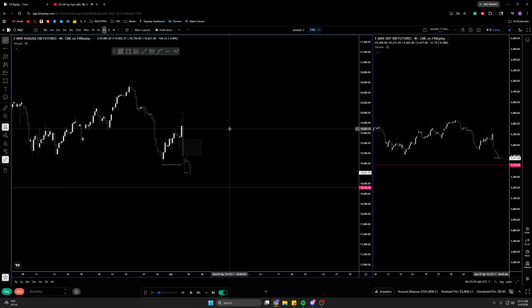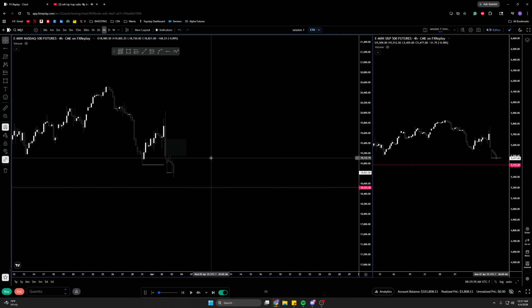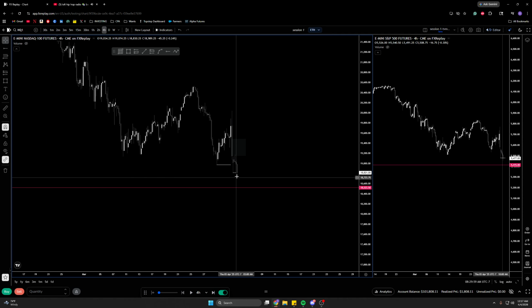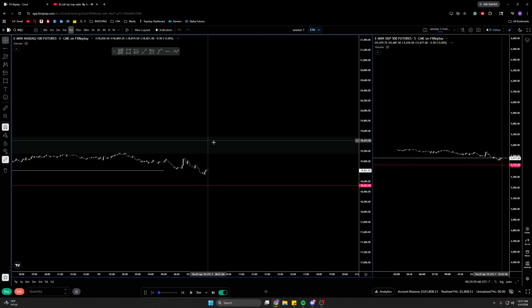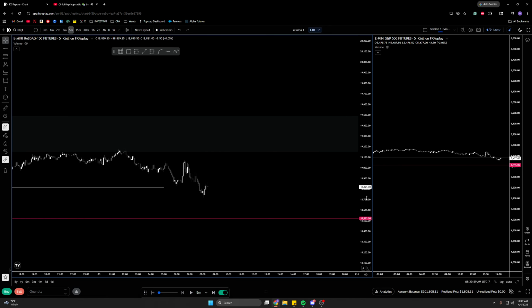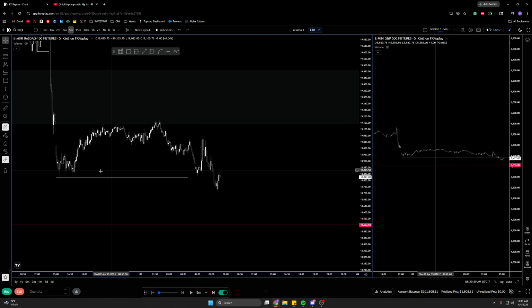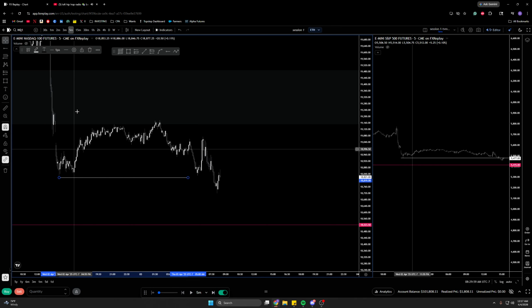Yep. So higher time frame, I could see us bleeding down to this low here on the 4 hour. Internally though, we would have to wait. This is what I like about backtesting,